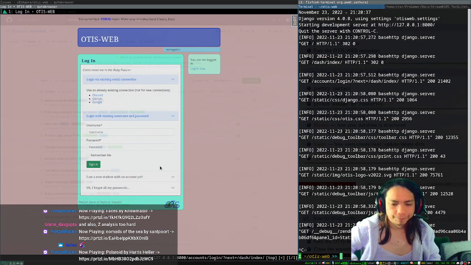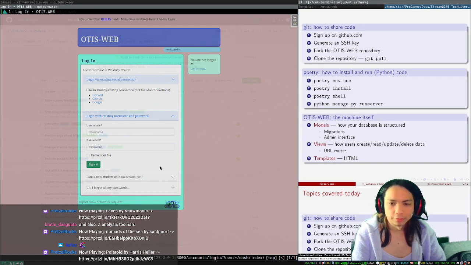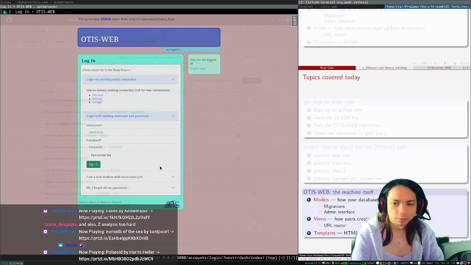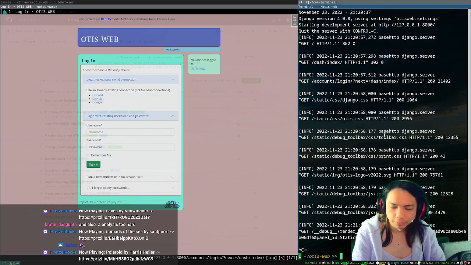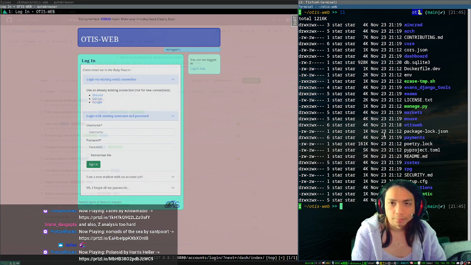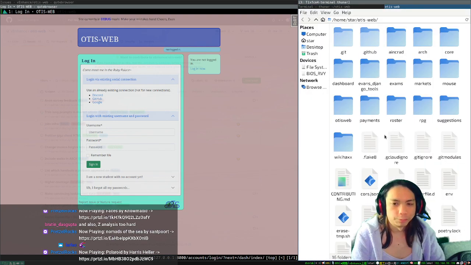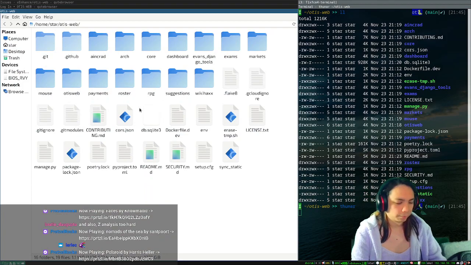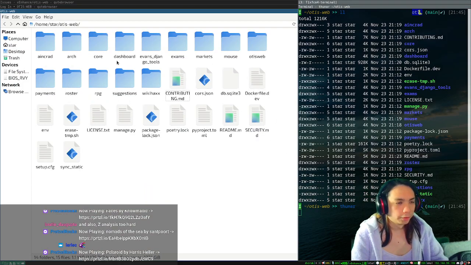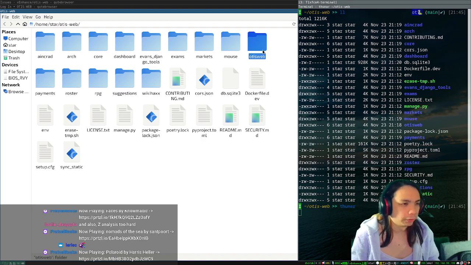Okay, cool. So now what I'm going to do is take a tour of the Otis Web code itself. Actually, I'm not really using this, so this can go somewhere else. So I'm going to open a file browser. So in Otis Web, hide the Git ones. Almost every folder corresponds to a so-called application. So Otis Web is divided into a bunch of different folders depending on what people are doing with what,